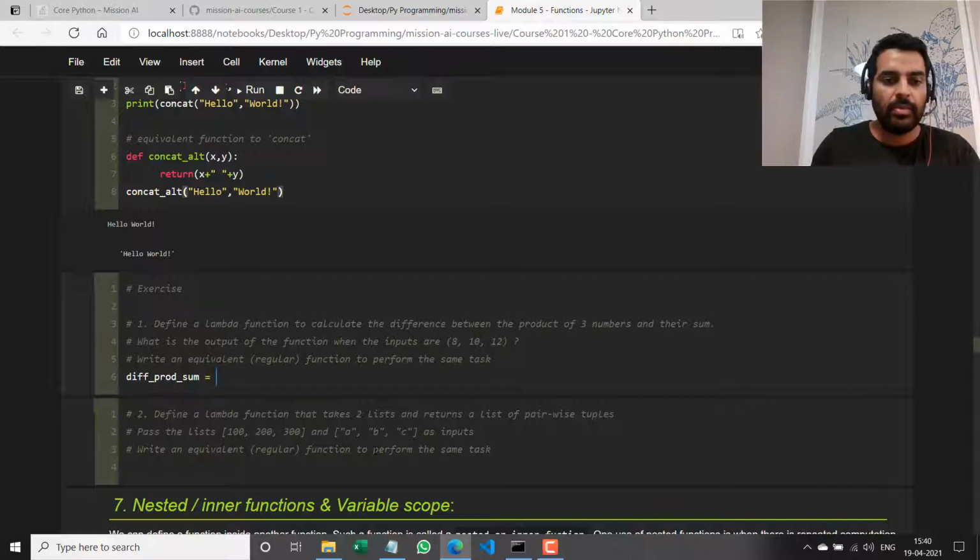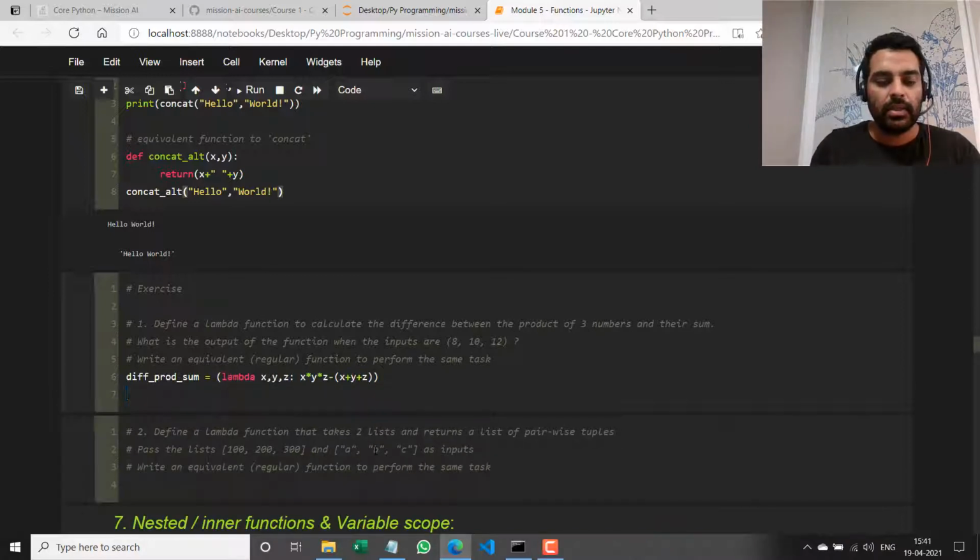is the name of the variable that I'm storing this lambda function in. Lambda, it takes three inputs, right? X, Y, Z, and it returns the difference between the product of those three numbers and their sum. So X into Y into Z minus, in brackets, X plus Y plus Z, right? So X plus Y plus Z is their sum, and X into Y into Z is their product, and that's the output expression, right? And all I need to do now is print